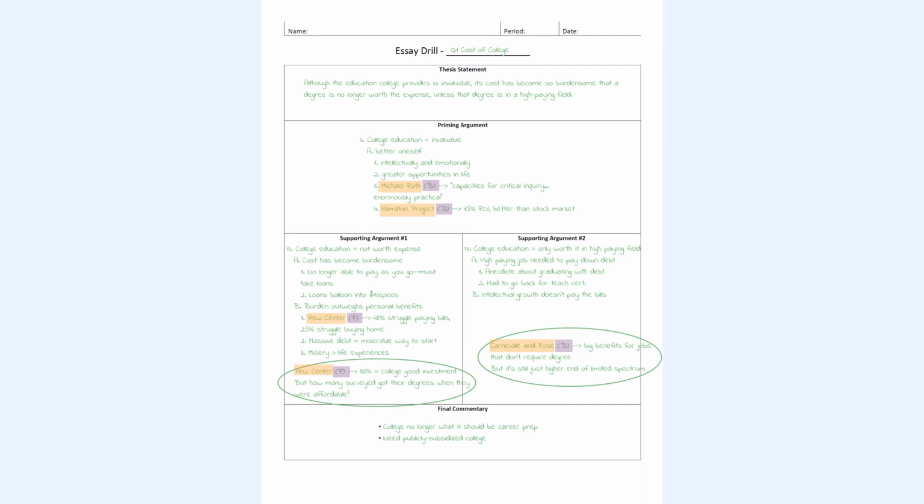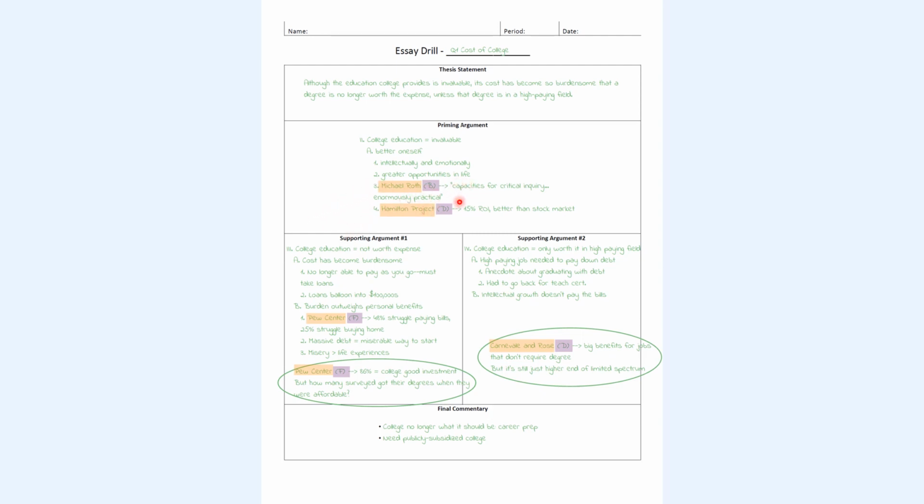Okay, so the first reflection question asked us to highlight the source letters to make sure that we used at least 3 different sources, and I did. I drew from source B, D, and F. A different question asks us to highlight the author names, and I've done that here, and that's just to make sure that we've identified who authored those ideas.